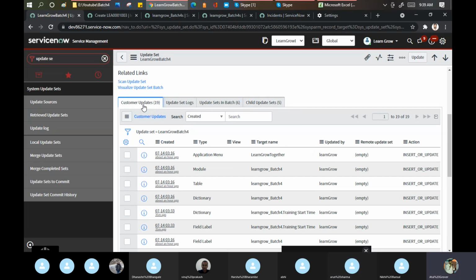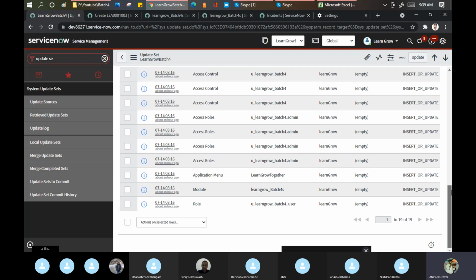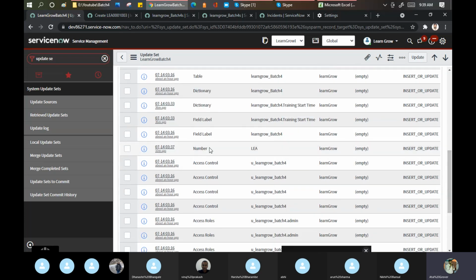Okay, now let's go here. Under customer updates, you will see what actions we have done till now. See, when we created a table, it created a role. I created a module. This is my application menu. Then I worked on the ACLs, which come out of the box. Then I did the auto number.